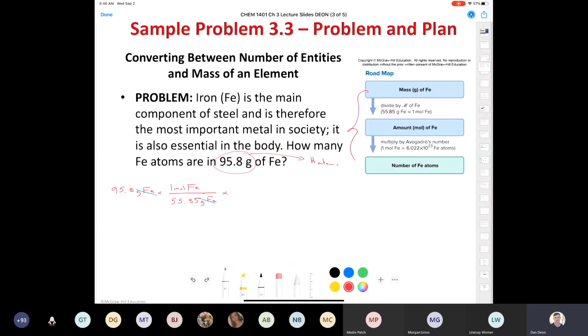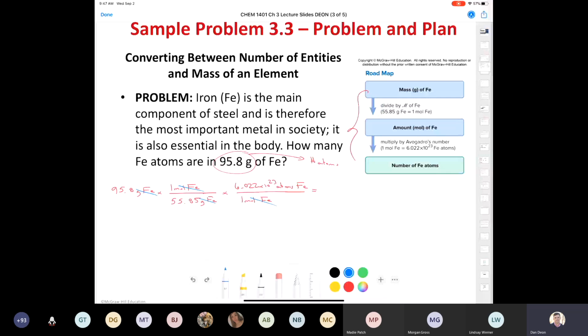And I know that in 1 mole of iron, there's going to be Avogadro's number of atoms of iron. So 6.022 times 10 to the 23 atoms of iron. And look, my units cancel out, moles of iron, and I'm left with atoms of iron. So when I punch all that into my calculator, I end up with 1.03 times 10 to the 24